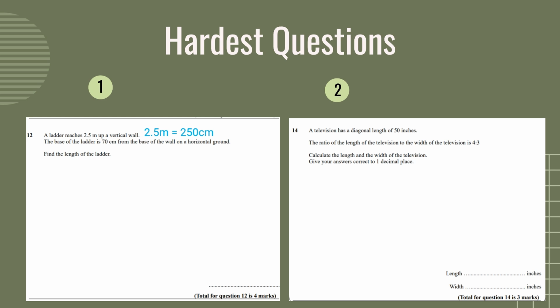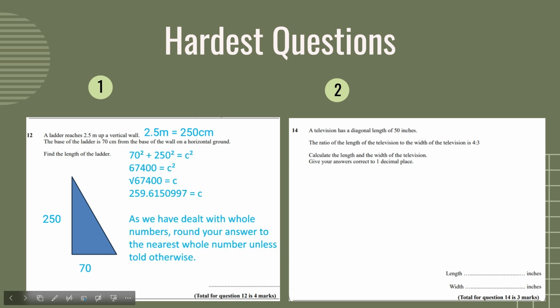We then draw a triangle, a right angle triangle, as it is on a horizontal ground, which means flat. So we have a triangle here with a height of 250 centimeters and a base of 70. Now we simply just use Pythagoras. 70 squared plus 250 squared equals C squared. So